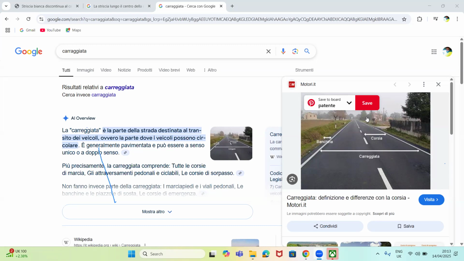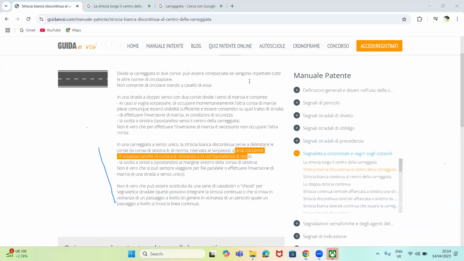This is senso unico. The simple reason is that there are no cars coming from the opposite direction. It is simple, guys. Senso unico means senso unico. You will not see a car coming from the opposite direction, whether it's a sharp curve or a dorsal. Is it clear now? There are no cars coming from the opposite direction. That is why the book told us that you can overtake. Quindi consente il sorpasso anche in curva, even in corrispondenza of a dorsal. In that particular place where the high heel is, you can overtake because why, student?